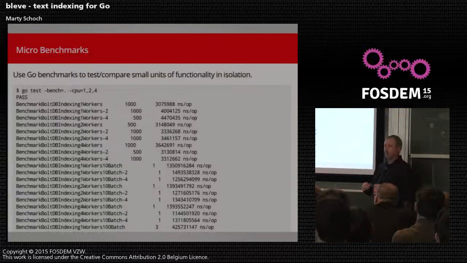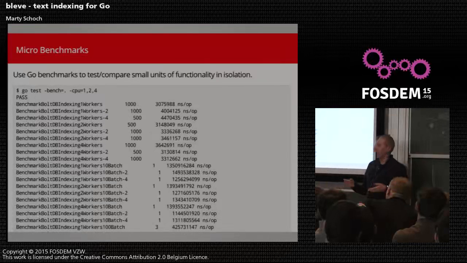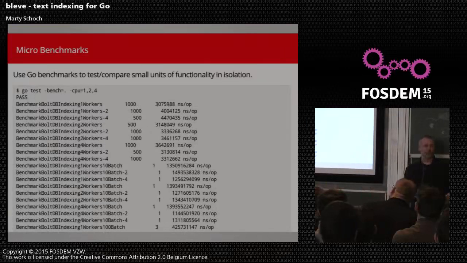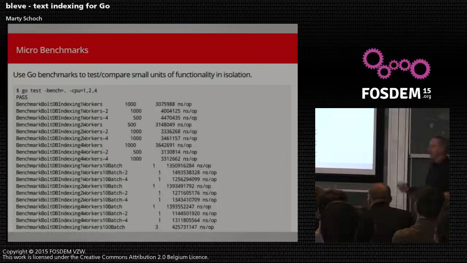I would just characterize, we use what I'm calling micro benchmarks. This is just using the built-in Go capabilities for benchmarking. This is great for testing small blocks of code. So someone says, I have a faster way to do facets. This is great for being able to say, this is how we do it now, this is how we're thinking about doing it, and quantitatively getting a sense of whether it's better or not.